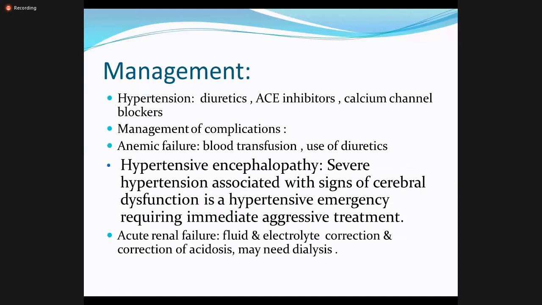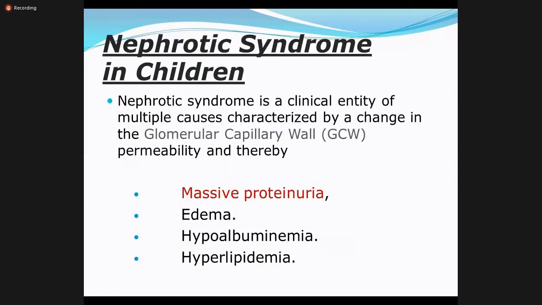How it causes this, we will discuss later on. The incidence is 2 to 7 new cases per 10,000 of the population. As for the age group, particularly the typical nephrotic syndrome that is secondary to minimal change disease, the median age is 2.5 years. For those who present with atypical symptoms and have an underlying problem of focal segmental glomerulosclerosis, the median age is 6 years. So for typical nephrotic syndrome the age group is 2 to 4 years, and for atypical nephrotic syndrome, the age group is 6 years and more.